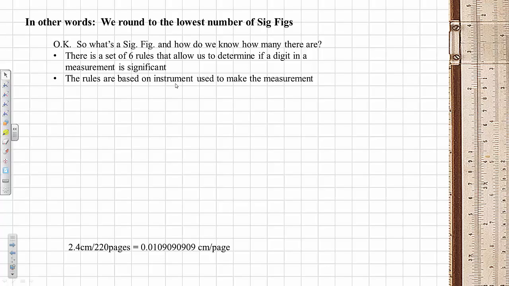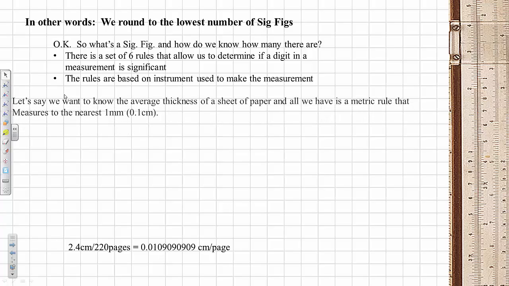Now, oftentimes you're not going to have the instrument in front of you. In lab, of course, you would. But in paper and pencil homework, you wouldn't. But the person who took that measurement would have expressed that number to the correct number of sig figs. And then it's up to you when you're doing the calculation to round to the correct sig figs. Remember, the main rule is we always round to the lowest number of sig figs. How do we know what number of sig figs it is? Well,